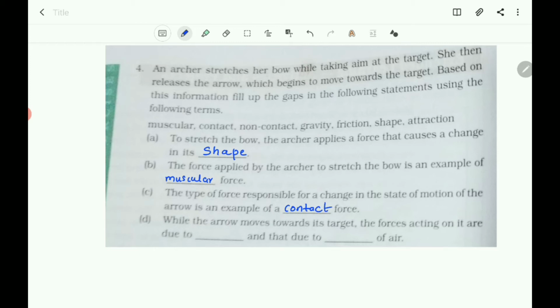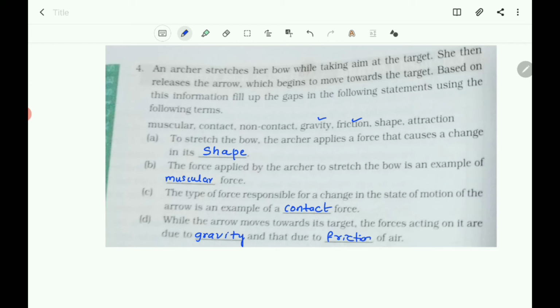Next, while the arrow moves towards its target, the forces acting on it are due to. Here there are two forces acting on the arrow which moves towards the target. One is the gravitational force of the earth and the other one is the frictional force of the air. So what can you write here? Gravity is there, friction is there. So you write it is gravity and